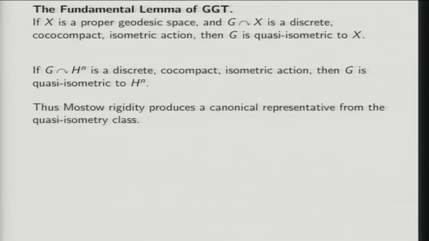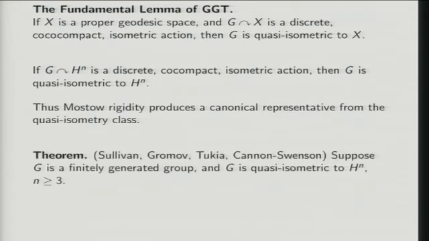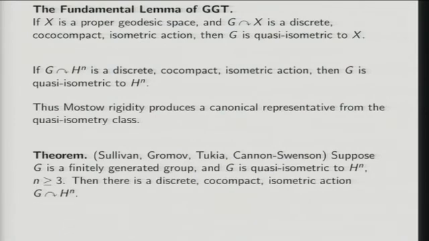And so there's a beautiful variant of Mostow rigidity that's due to Sullivan, Gromov, Tukia, and in this particular form, maybe Kennan and Swenson, which says this: if you have a finitely generated group and it's quasi-isometric to hyperbolic space, meaning that some Cayley graph is quasi-isometric to hyperbolic space, well then, in fact, there is a discrete co-compact isometric action of this group on hyperbolic space. So it's essentially the converse of what I just pointed out. If you have such an action, then by this fundamental lemma, the group is quasi-isometric to hyperbolic space. So this gives a very satisfactory description of the